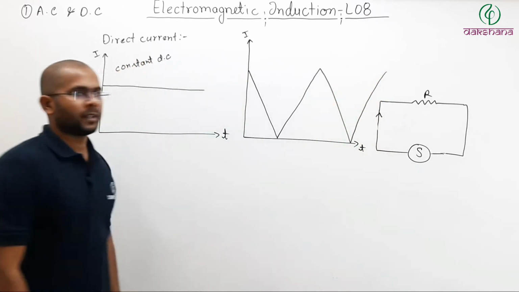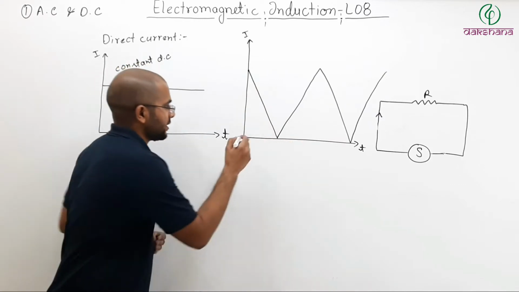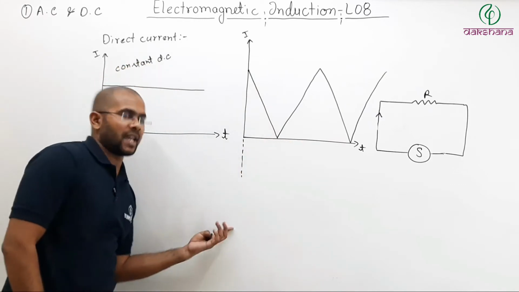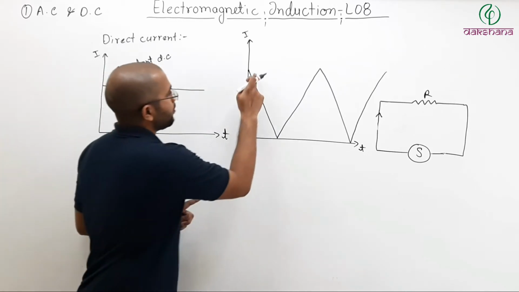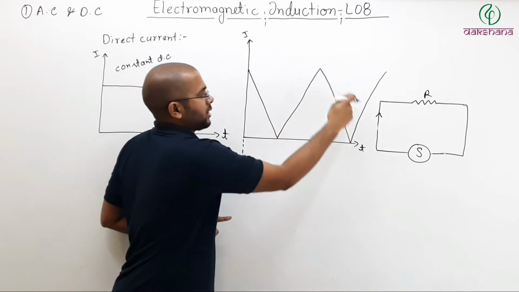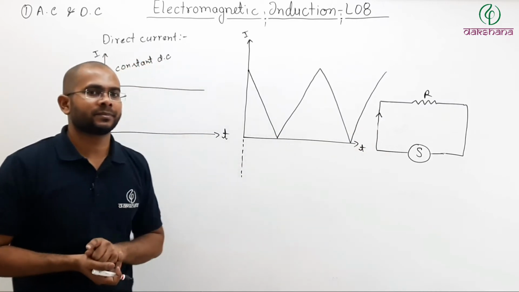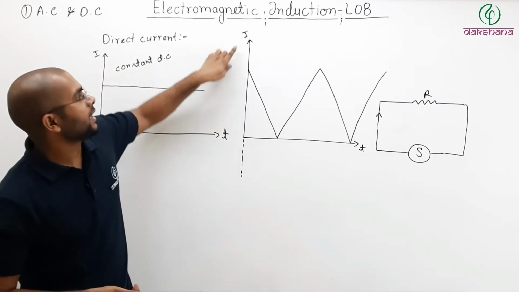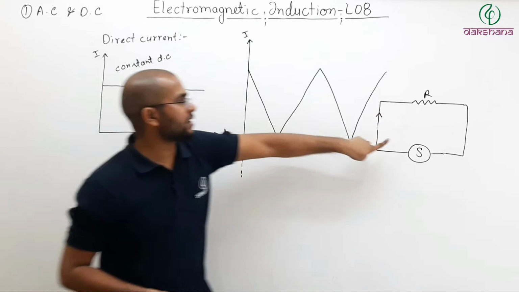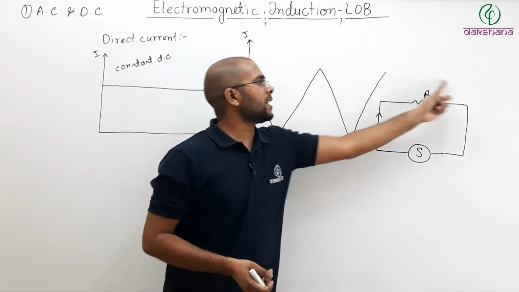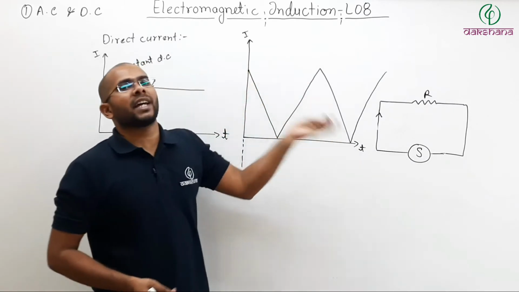And so on. So in this graph, what is happening? See here. This is the t-axis. This is minus I, this is plus I. So if you look at the graph, even though the magnitude of the current is variable with respect to time, what about the direction? It is always above the time axis, meaning it is always positive, meaning in this circuit, current will always flow in the clockwise direction. However, its magnitude is varying.